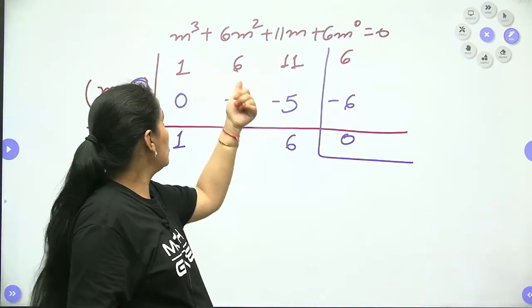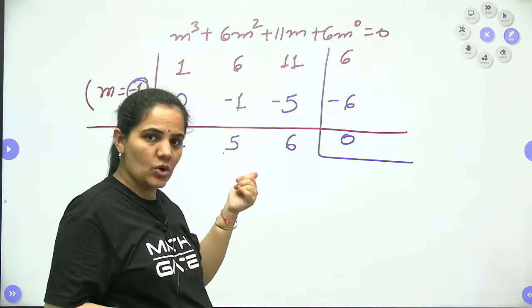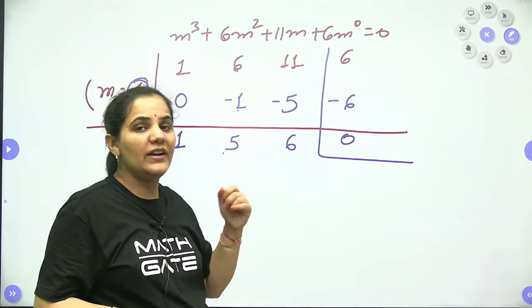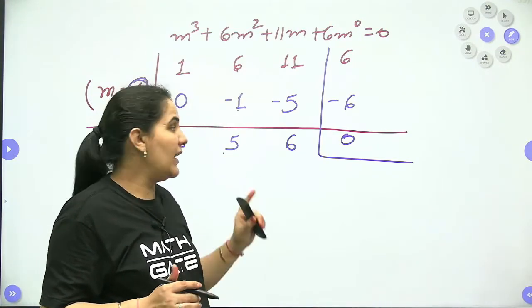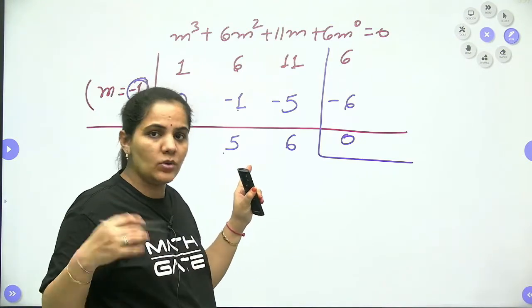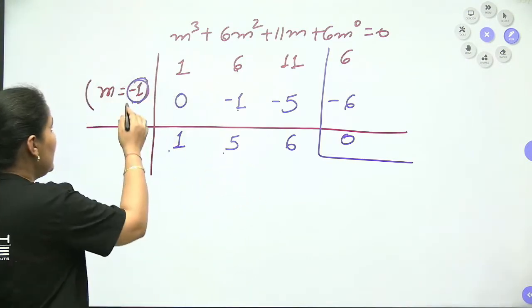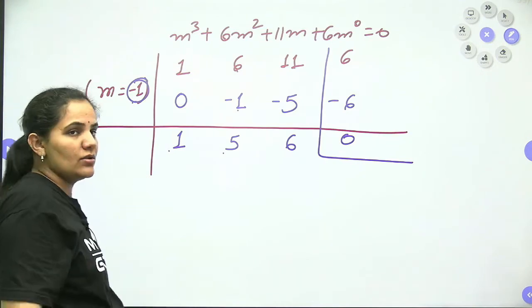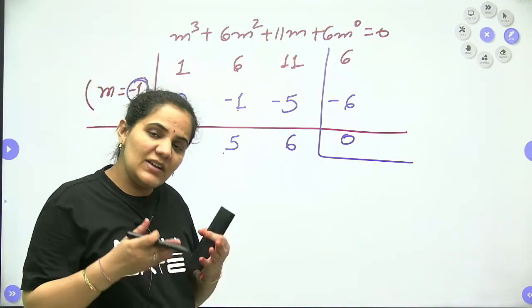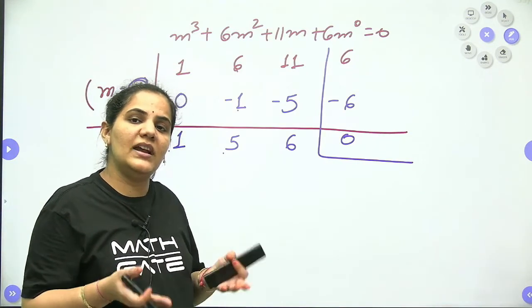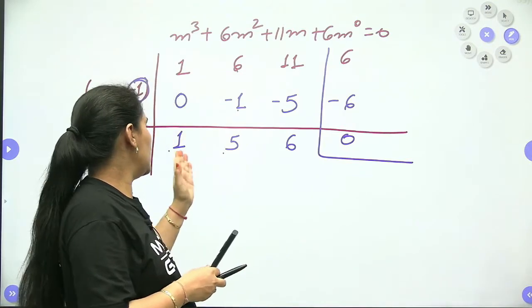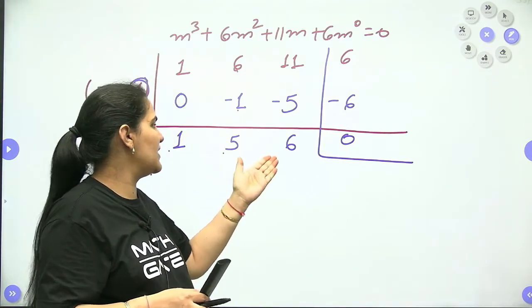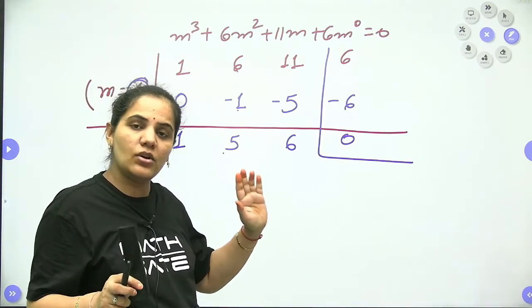Okay. So that was the cubic term. Here we are having a square, meaning we are having a quadratic equation. So when we are not able to approach further, we are not sure whether m equals -1 is a solution of this one or not. And even we are not sure about this one, because when we approach here, 2 plus 1, 5 plus 1 is 6 and 6 is 6. We are not sure for this one.